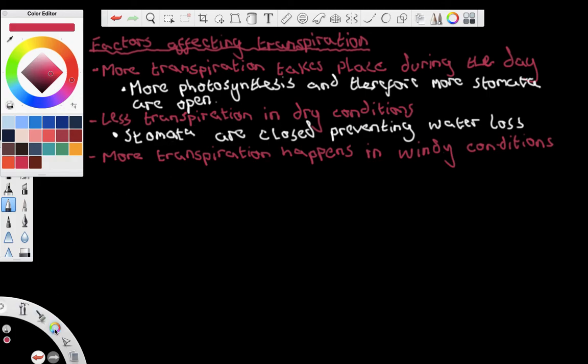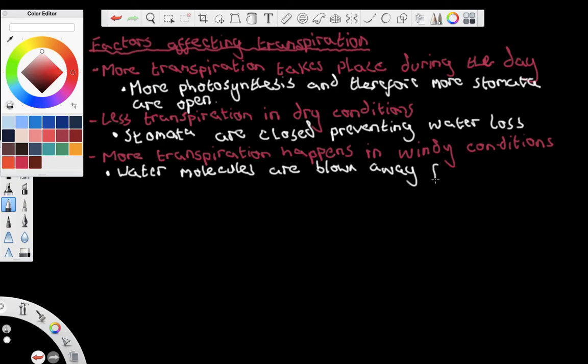So we can say here, water molecules are blown away from the leaf surface